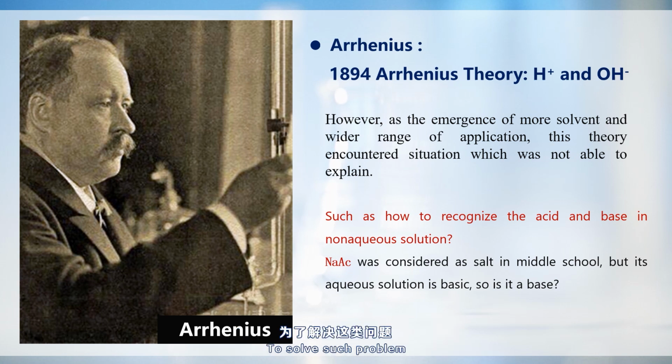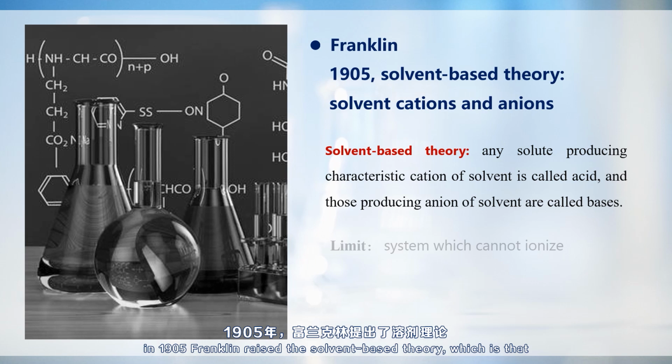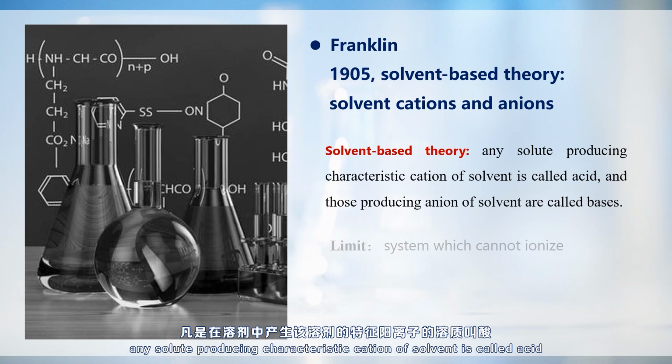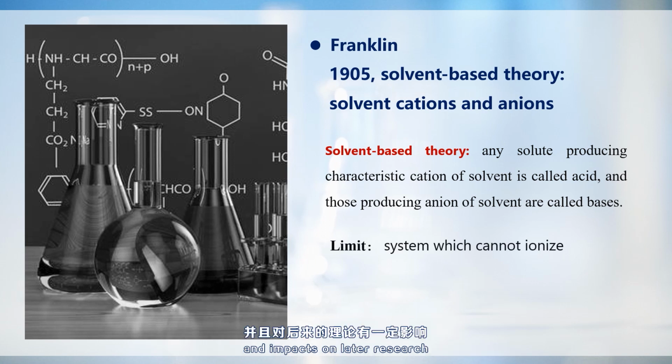To solve such problems, in 1905, Franklin raised the solvent-based theory, which is that any solute producing the characteristic cation of the solvent is called acid, and those producing the characteristic anion of the solvent are called bases. This theory further develops the Arrhenius ionization theory and impacts later research. The practical application is limited due to some disadvantages, such as being restricted to auto-ionization solvent systems and